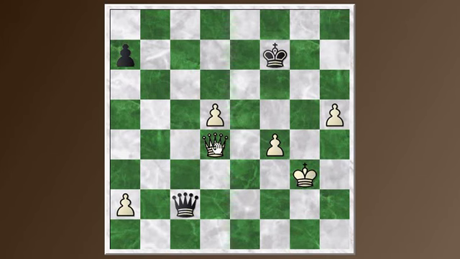I play queen takes A7 check, getting rid of his last pawn. He goes king to F6. And I go queen to A6 check. He goes king to F7. And now I get the queen to G6 check. And this forces an exchange of queens. So he takes, I take,